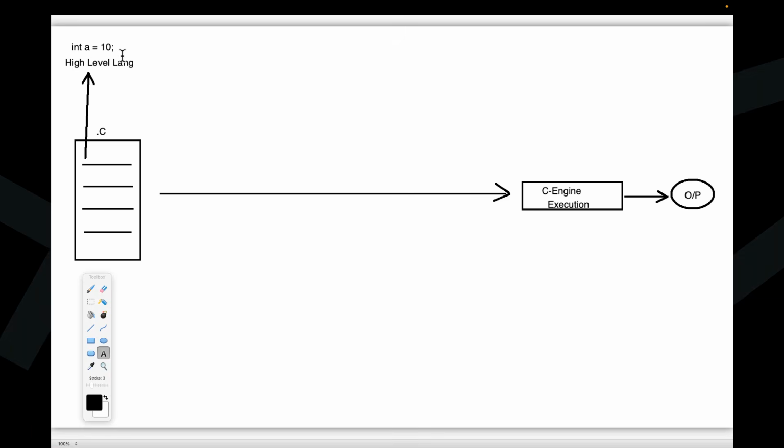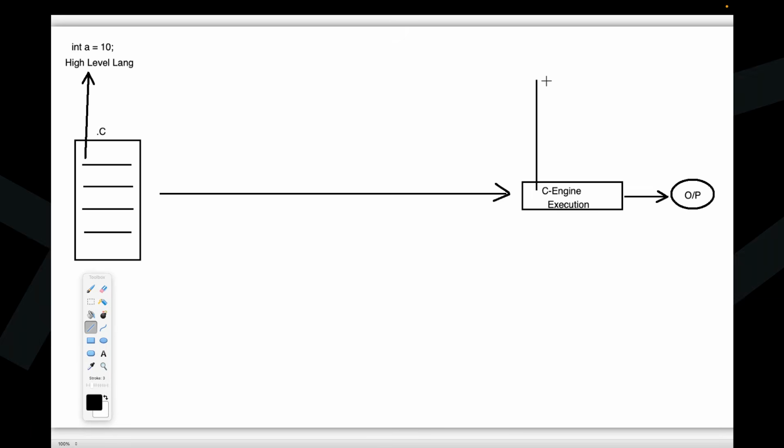That's nice. Guys, now tell me, who is executing the C program? Is there any machine or human being? C programs are executed by a human being or any machine? Come on guys, please respond. Waiting for your reply. A machine is executing the C program. That is the C engine. C engine is a machine.